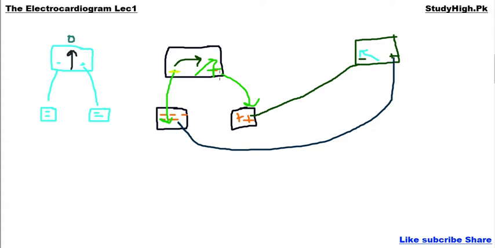So these are the basic concepts that will help you in understanding why the P wave is in positive direction and the T wave of atria is in negative direction, and likewise why the QRS complex and T wave in some of the ECG leads are in positive direction, and why these are in negative direction. So this basic concept is very simple, but it is very important in understanding the electrocardiograph.